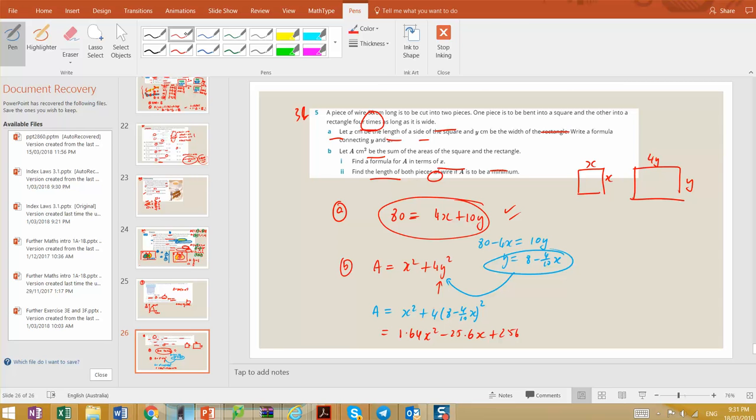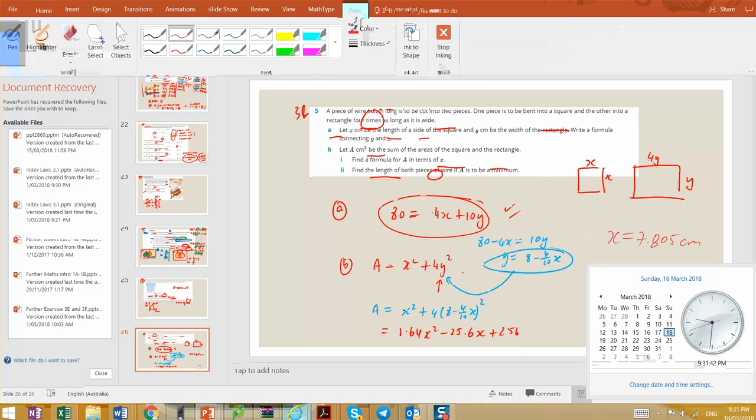Obviously, you'll probably do this a lot quicker than I have, but I just wanted to show the steps. Step 1 is draw a diagram of the scenario. Step 2 is form an equation of what they're asking. So write down the perimeter, which is 80, in terms of x and y. Next we'll need to write an equation of the area, which is x squared plus 4y squared. Now the problem was we have